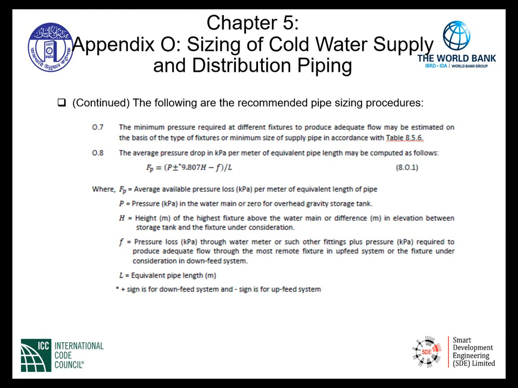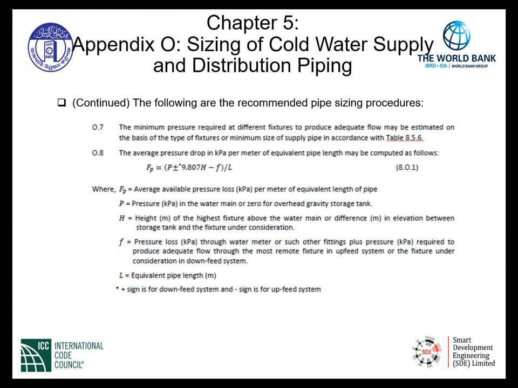We have 0.8, which gives us an equation, the average pressure drop in kilopascals per meter of equivalent pipe length that may be computed as follows. The equation gives us where F sub P is the average available pressure loss in kilopascals per meter of equivalent length of pipe,